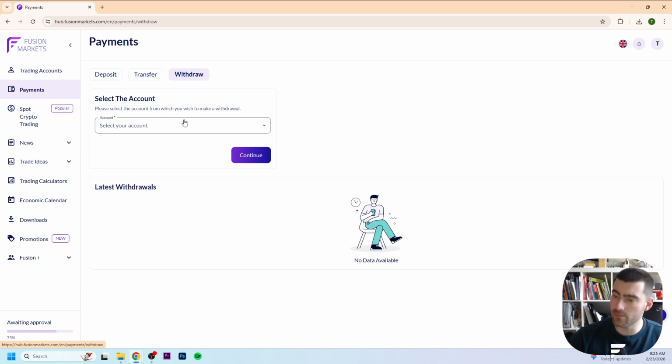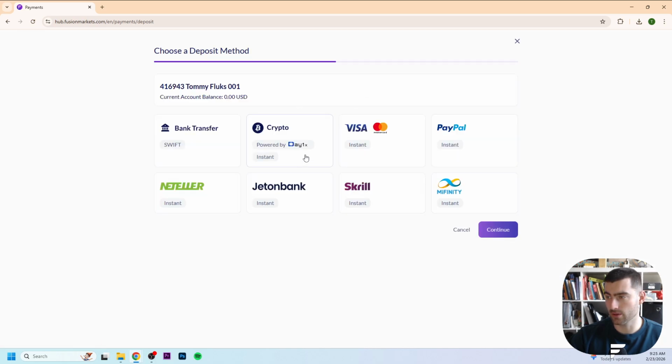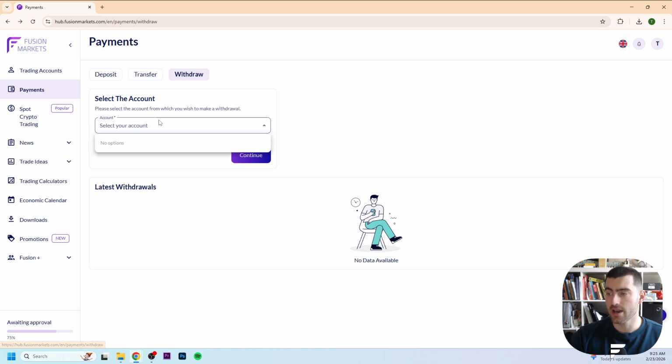So once you have money standing on your account, you select right here your trading account, and then you click there on continue. And then when you will do that, you will see exactly the same as what we will see right here. And then you can select how you want to withdraw your money from your account. I don't have any money standing on a trading account right here. So for now, it's not possible to go further, but this is the place how you can withdraw your money